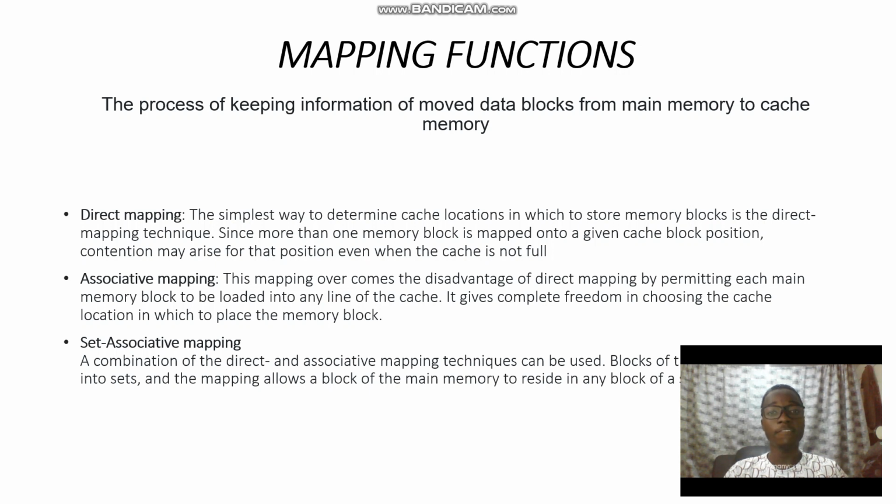Here, within the mapping functions, we have the definition which says that it's the process of keeping information of moved data blocks from the main memory to the cache memory. Within these mapping functions, we also have different techniques of copying data from the main memory towards the cache memory. One of the techniques is the direct mapping technique, which is the simplest way to determine cache locations